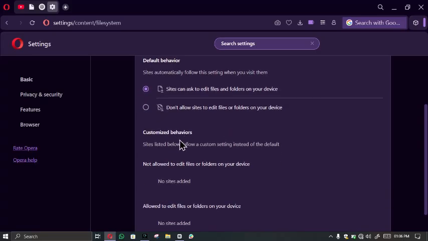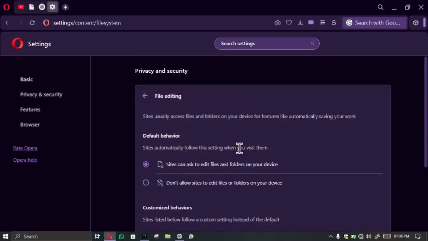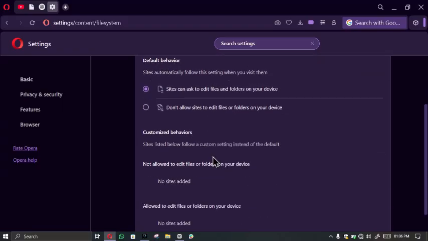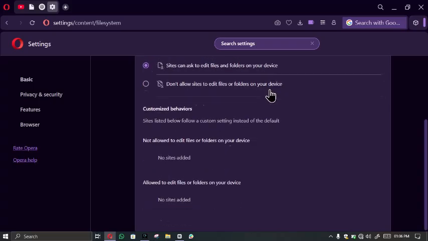Now you can also decide to customize the behavior instead of using the default behavior that is the setting sites automatically follow when you visit them. Maybe there's a particular exception you want to make to the settings you've made. For example, you choose sites can ask to edit files and folders on your device, but a particular site you do not want to have that permission, you can put it in the not allowed to edit files or folders